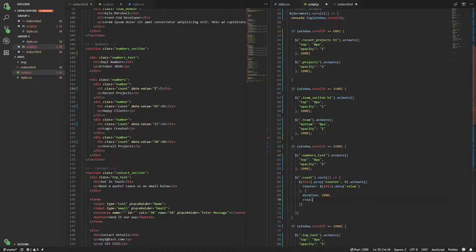These were the 2 that we kept out before when we were doing the simple version, just adding the duration. But so step, we're going to have a function here. Actually, I'm going to use an arrow function like I've been doing the whole time. And this is actually going to take a parameter in here. So if you're not used to JavaScript at all, and you're really new to parameters, again, I hate to keep saying it, but do research on how functions, parameters and arguments work in JavaScript. In this case it's super confusing. But we're going to add